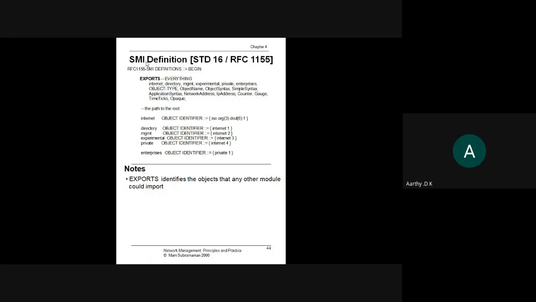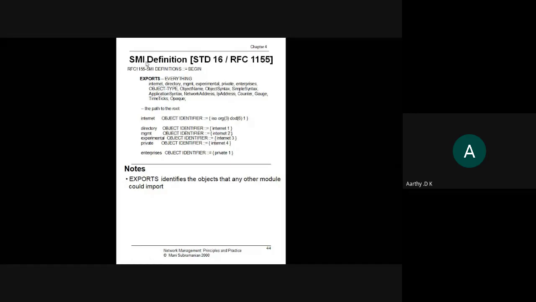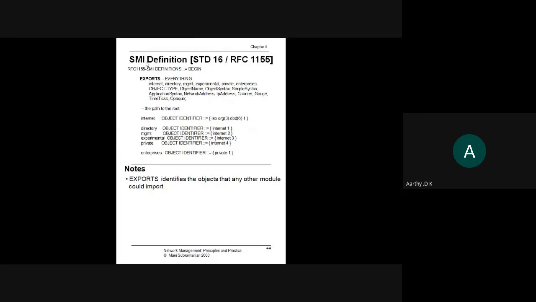If you are a user importing the package, then at the package end, it is exporting, right? You are importing something from the package, and the package is exporting all the classes and methods that it has got. So this SMI is exporting all the data types that it has got: internet, management, directory, experimental, private, enterprise.